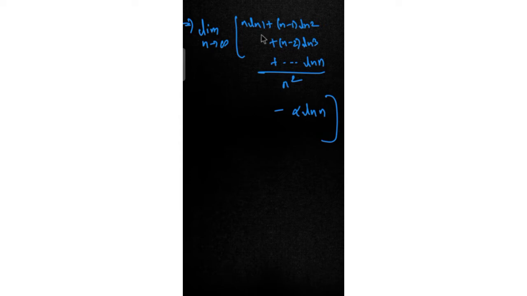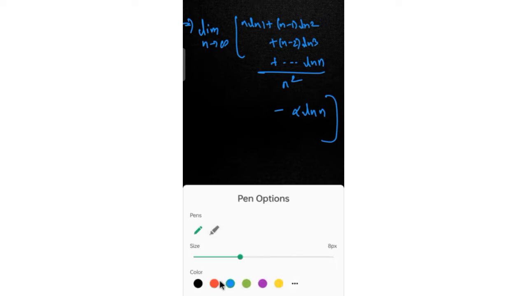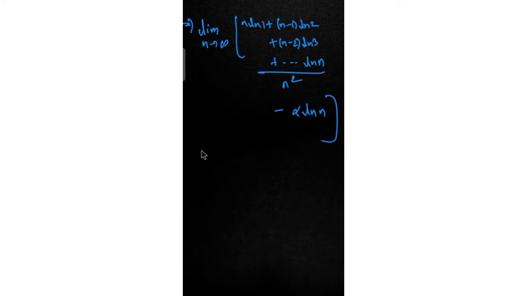So again, concentrating on the very first term, we can modify this into a general form, because we find a series here, so we can modify this into sigma. So I'll just write that here. This is finding the Tn of this series, that is sigma r is equal to 1 to n of (n plus 1 minus r) divided by n into ln r. Fine, and we have 1 by n here.